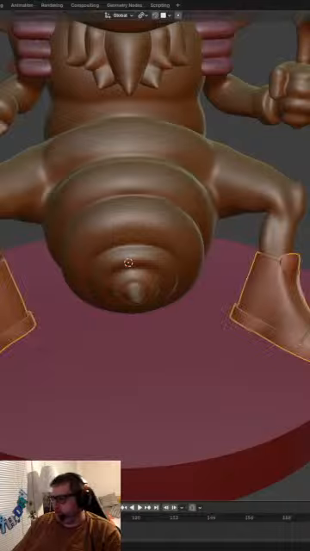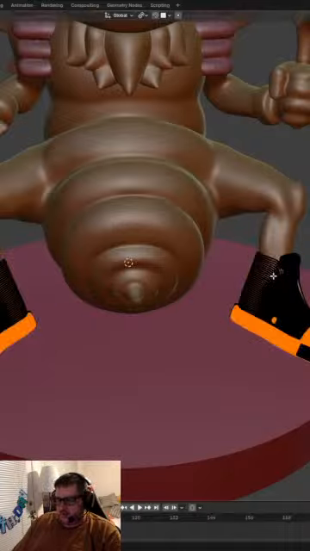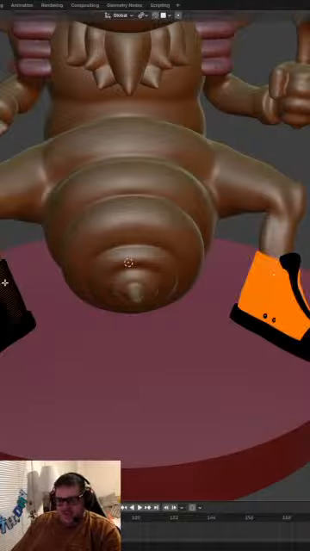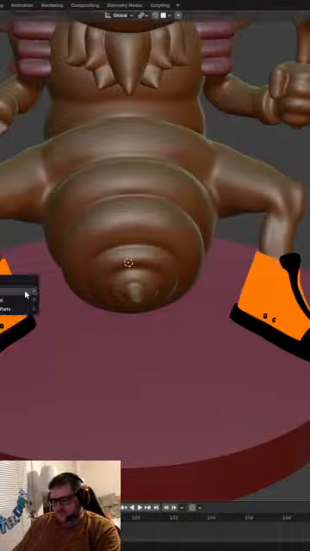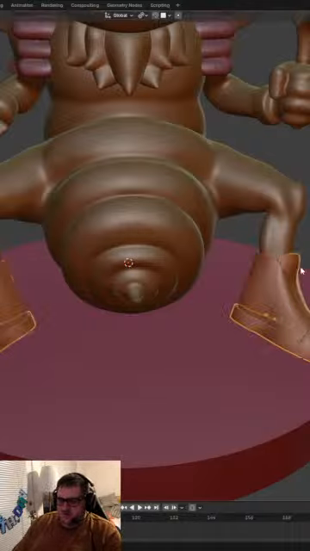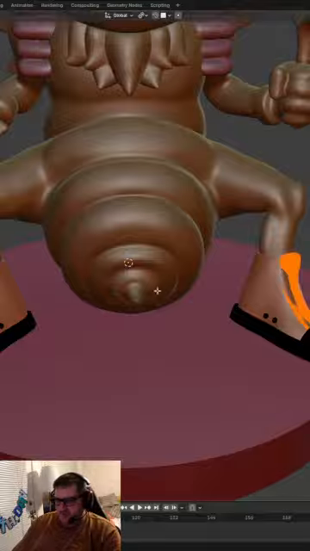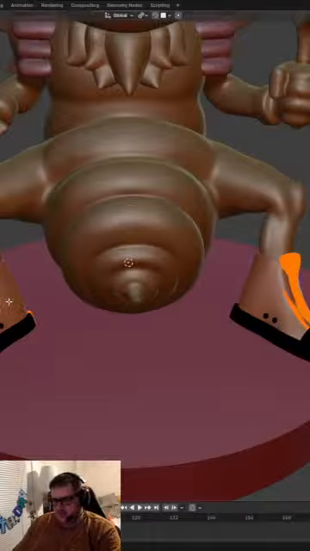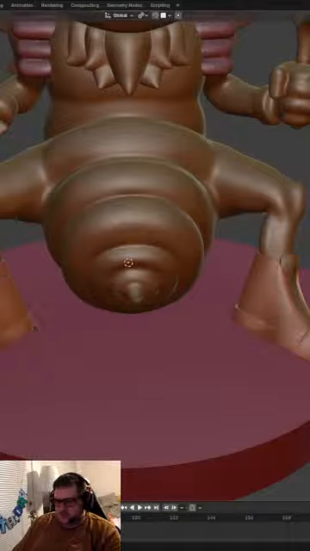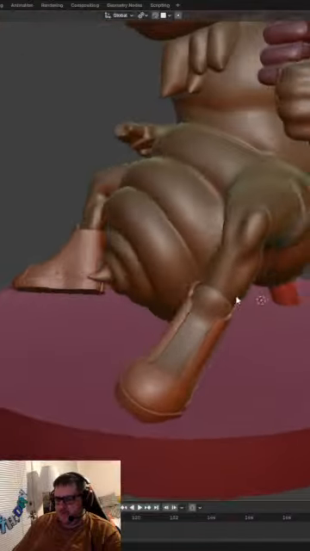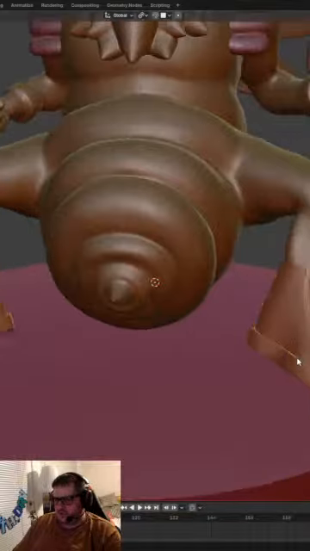Okay, so what I want to do here is separate these by the same part, just so that the matcap colors show up correctly.